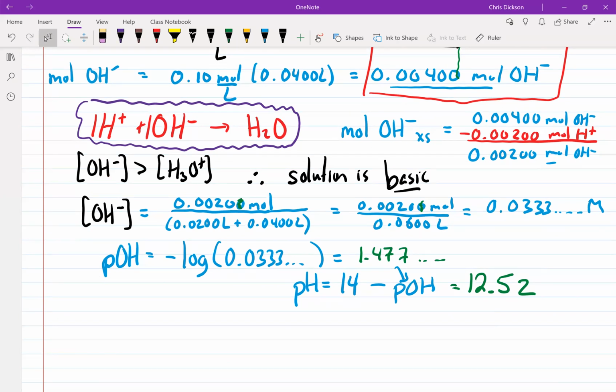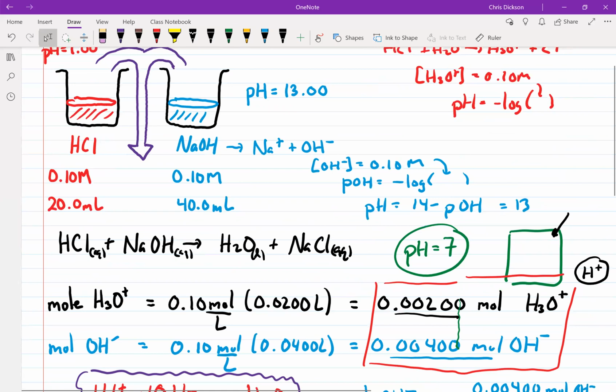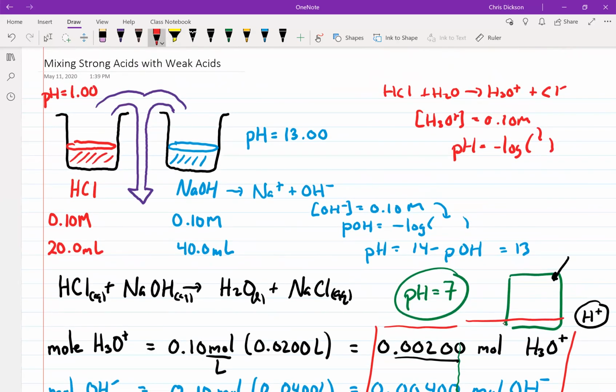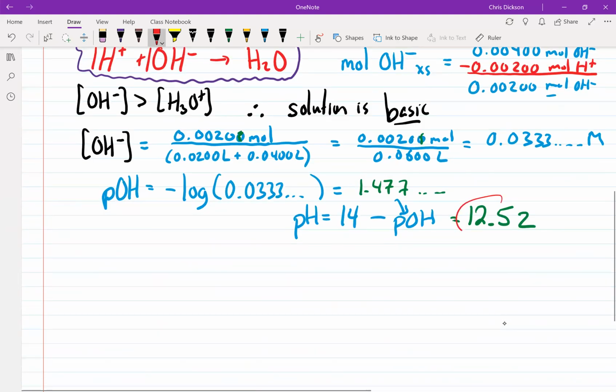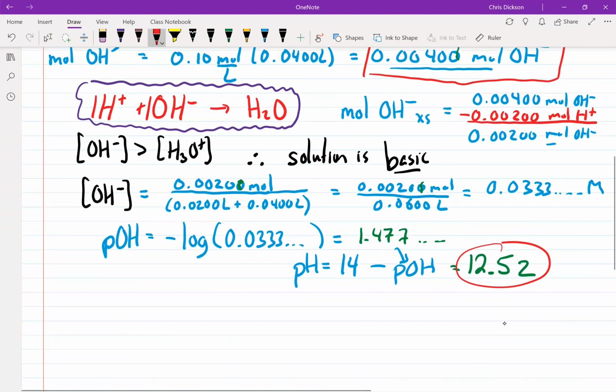I remember when I first did this question, not really thinking about the numbers, I assumed it would be much closer to 7 than that. Because remember before, it was 13. And now it's 12.52. So basically you added half the volume of the same concentrated acid as you had base, and